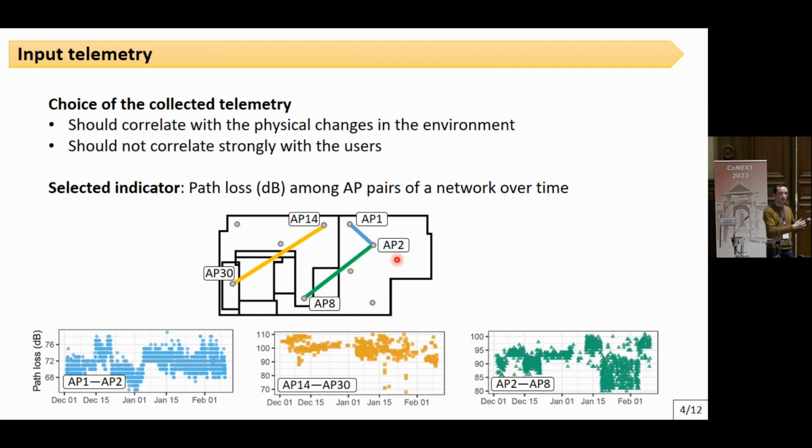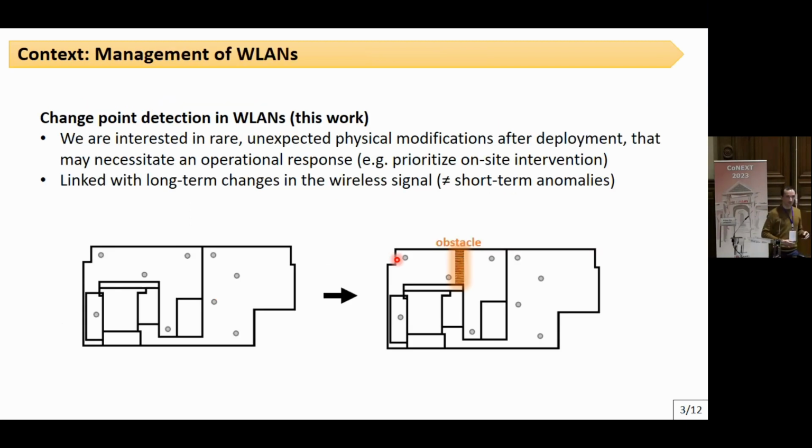Because at the end, what we are interested in is just those obstacles that are not related to a degradation of the network caused by the network itself, but because of the obstacles or other problems. But do you want to localize the obstacle or not? Because my point is that usually we have many more users than access points, no? So it's better to rely on them because you have more information and they are better distributed than the access points. That's why I was asking.